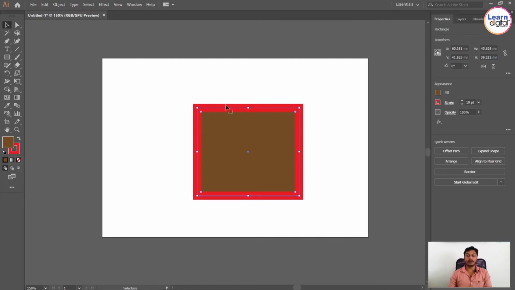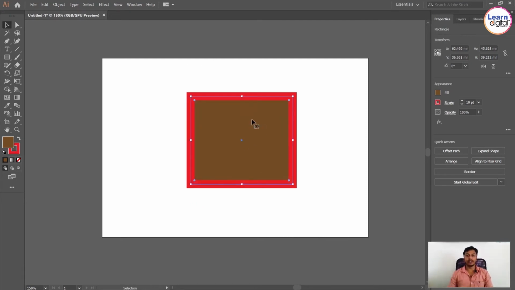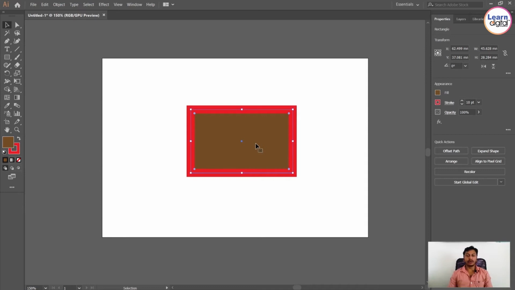If you want to rotate your object, to tilt it by 30 degrees, 40 degrees, or whatever degree it may be, that is also very simple. Just move your cursor towards any one of the corners. You can see the cursor point is changing, giving a rotation axis. Just click and drag. Near the cursor point, that means the mouse point, you can see how much angle you are rotating the object. Currently it is 17 degrees, 18 degrees, 20 degrees.